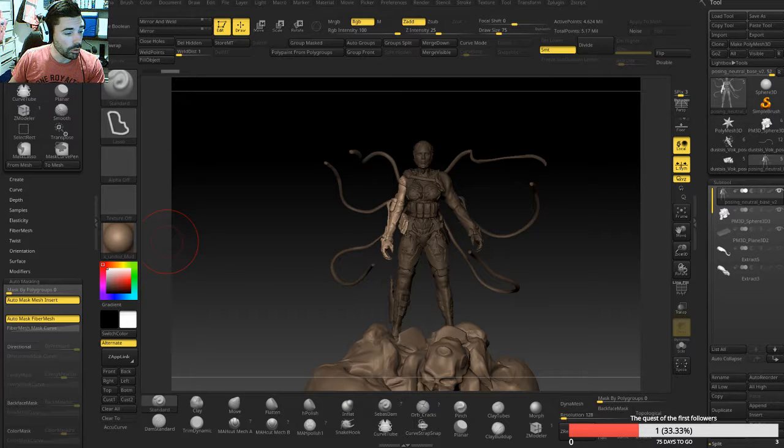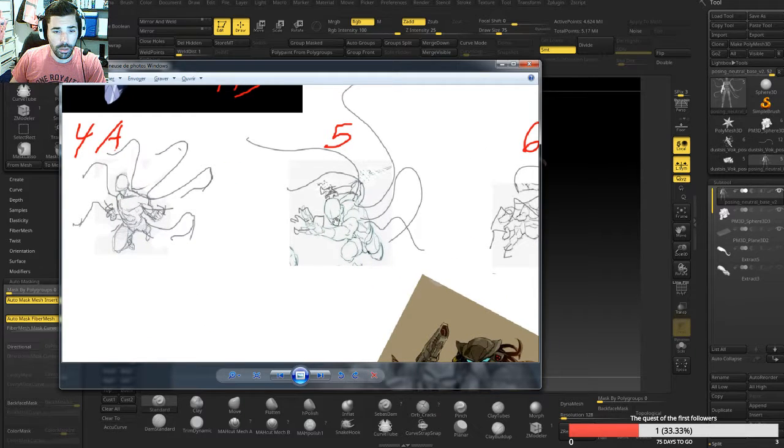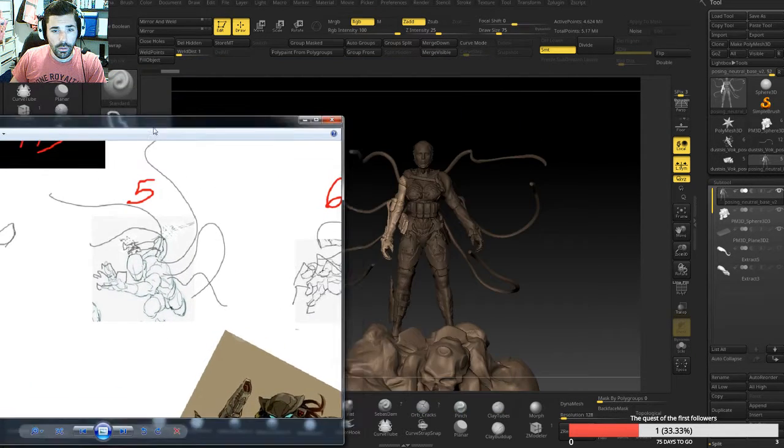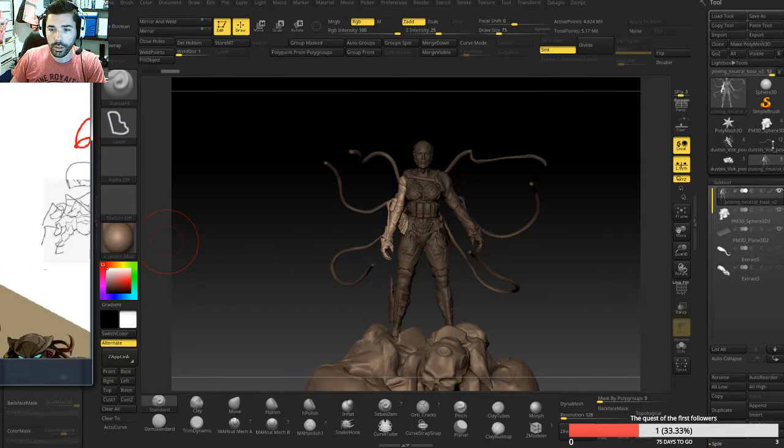I wanted to show you. Last night I had the chance to work a little bit more on my model. So I did the pose call 5. If I take a look at my pose, like this pose, it's not exactly like that. This is slightly more dynamic, I believe, but still, I think